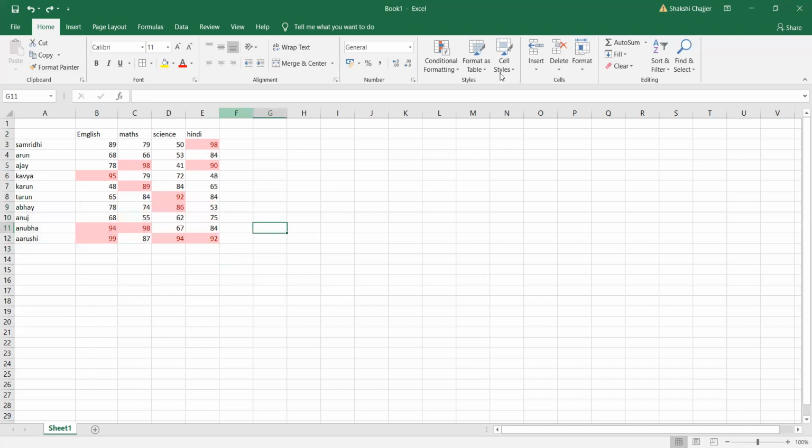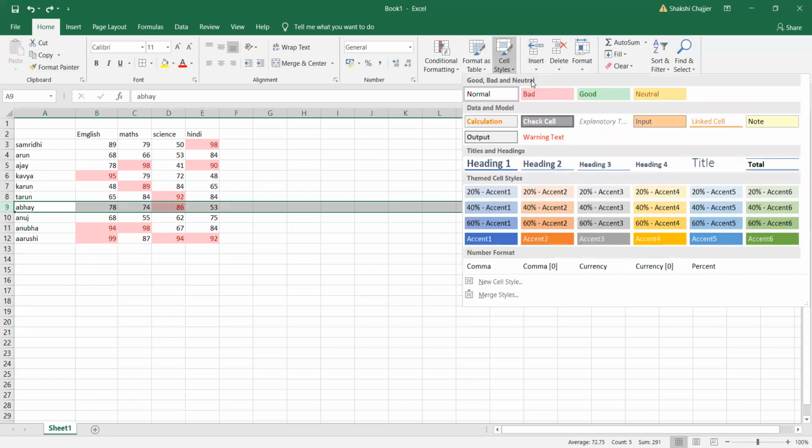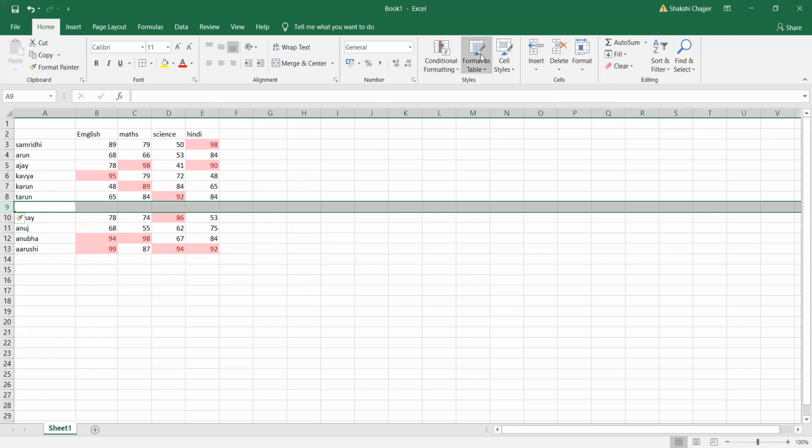You have this option of cell insert. You have this option of insert. What do you want to insert? Do you want to insert a cell? You want to insert a sheet row? You want to insert a sheet column? Now we'll explore the features one by one. Insert cell. I want to insert this cell. Now here, I want to insert this cell. See, the cell got inserted.